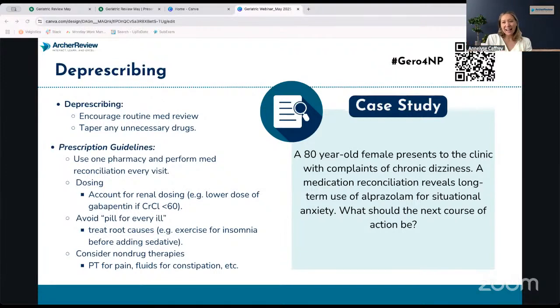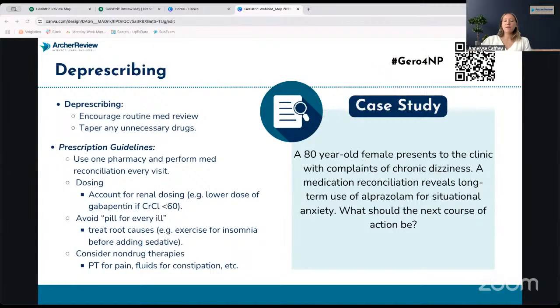We get into the cycle where we prescribe something to treat a symptom of another medication. The example I always like to give is the client comes in with high blood pressure, we put them on an ACE inhibitor. They come back a couple months later, now they're complaining about having a cough. Okay, well, we put them on cough syrup. Then they come back a week later, that cough syrup has made them feel really sleepy, those anticholinergic side effects. Now we put them on something else for that.